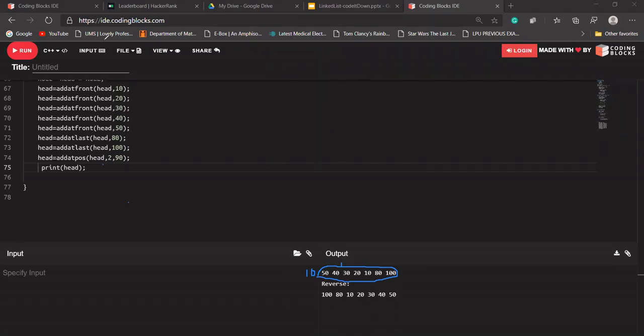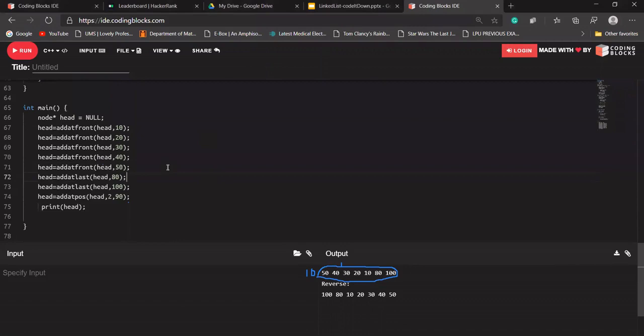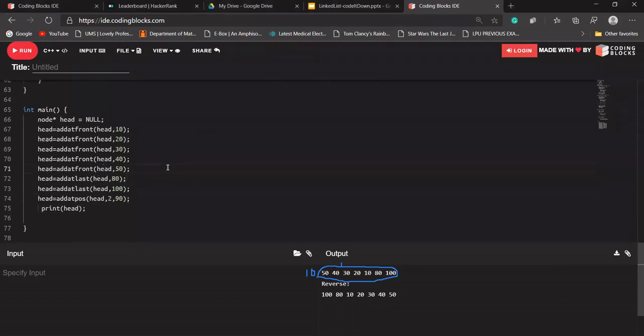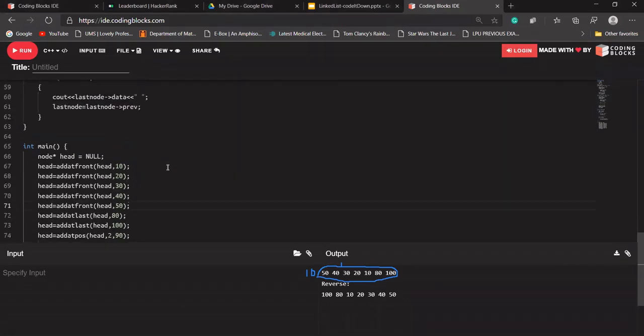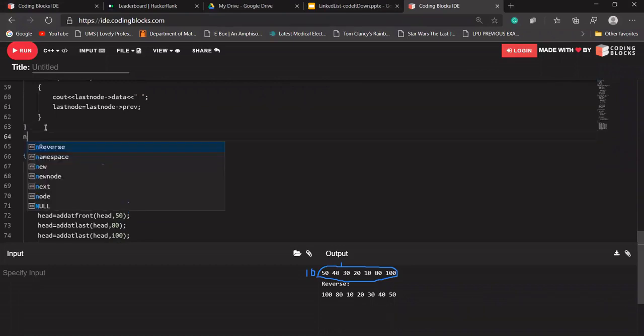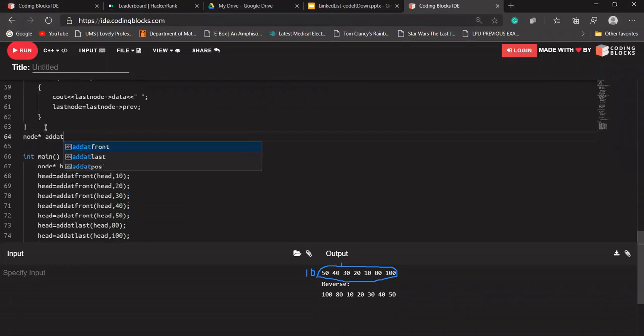I think so. Okay, let me write the code for it. Add at the position. Let's write Node star add at position. If anybody has any doubt, please let me know so that I can explain it.